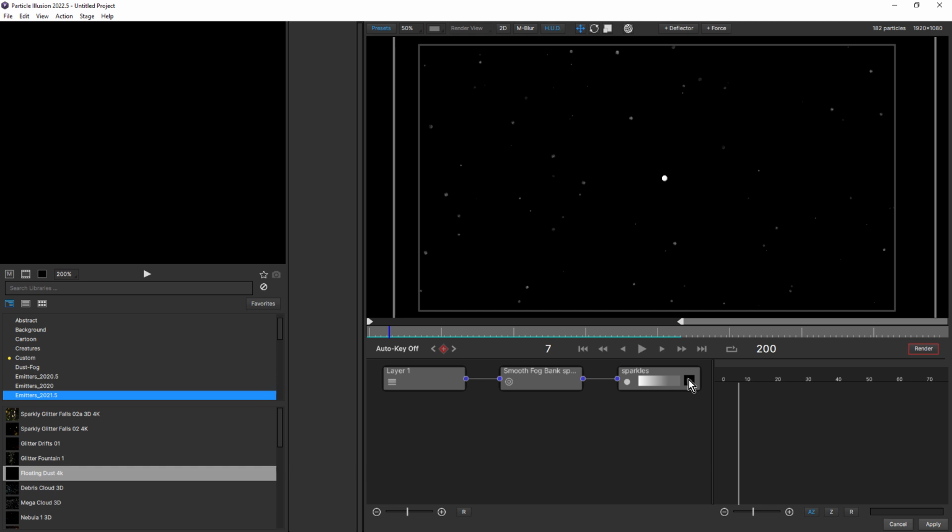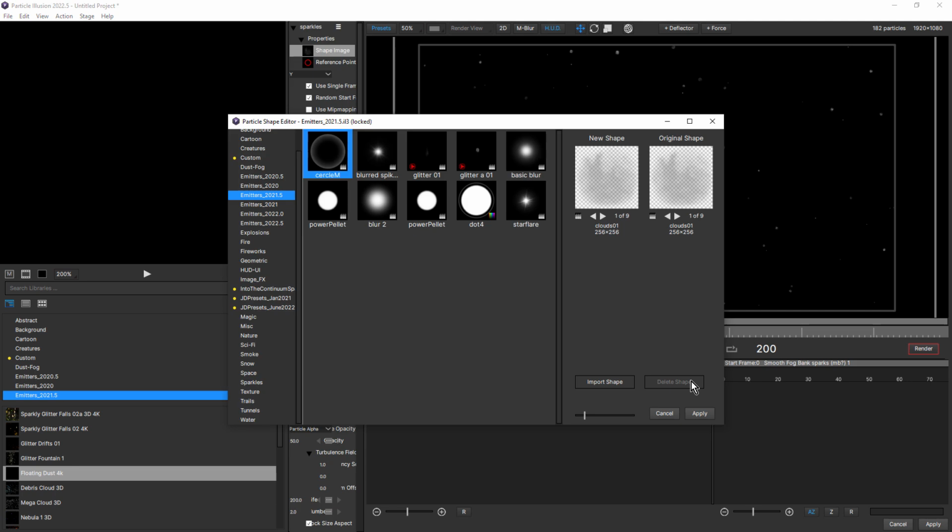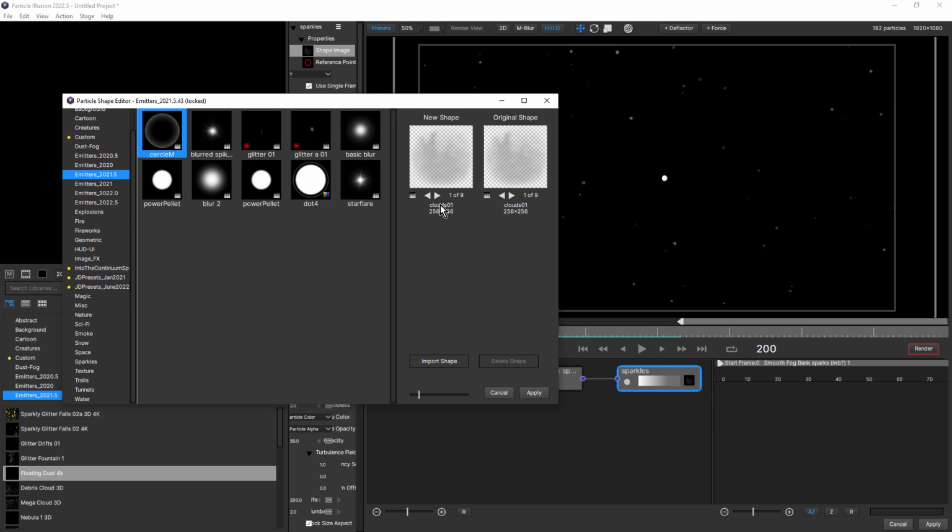Now, if you're using version 2022.5 of Particle Illusion, you can double-click on the thumbnail of the particle on the node to open up the particle shape editor. And I switched the sparkle to Clouds 01. And Clouds 01 has 9 frames. If I just click this arrow, you can see each of those frames is slightly different. And I like doing this because if I just cancel that,